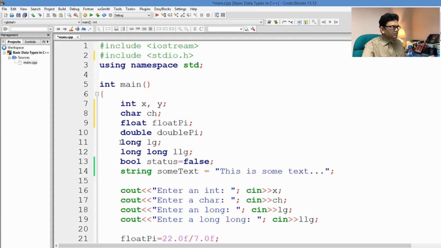Now, if you think about large numbers, then we can use long, and if the number is very large, then we can use long long. So we can use the long qualifier with long itself. That allows us to accommodate very large numbers. So this int, short, long, and long long represent whole numbers. The char represents the character,